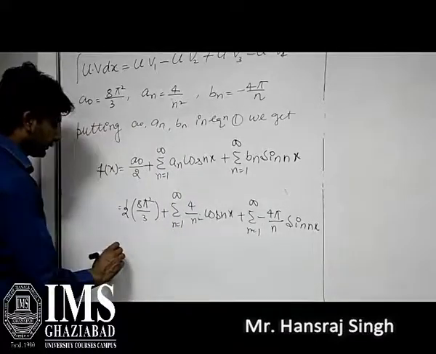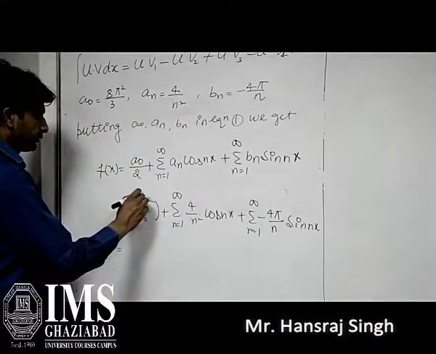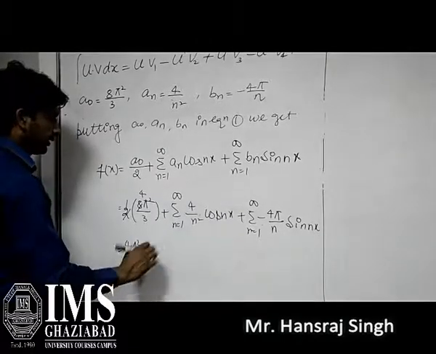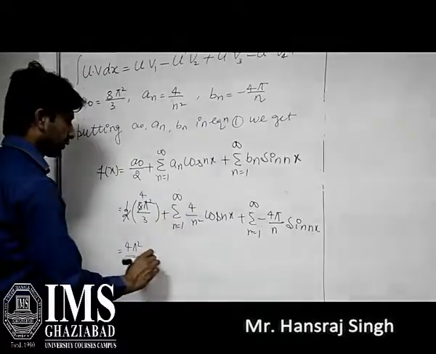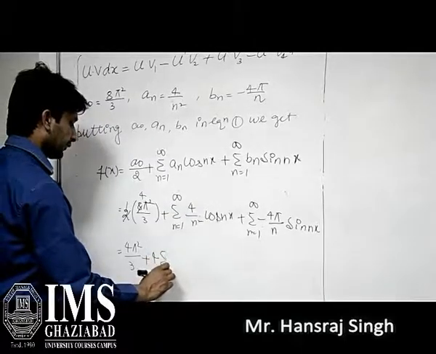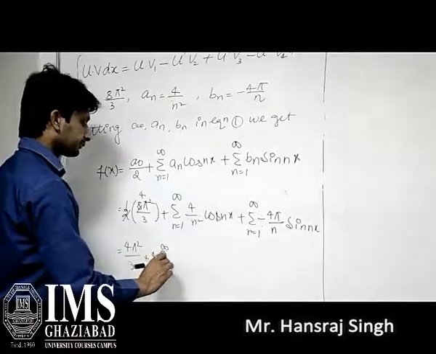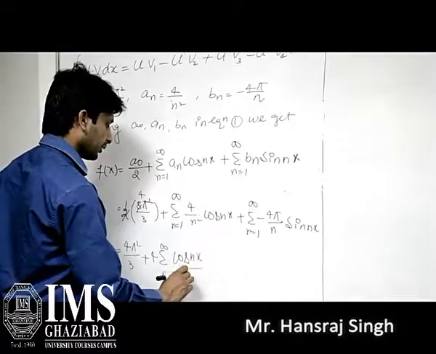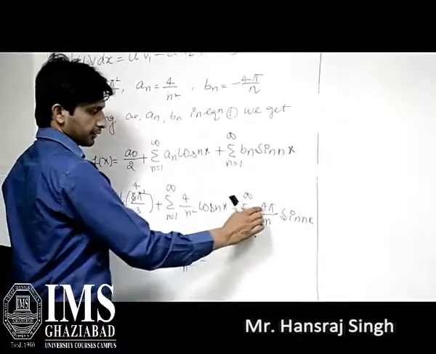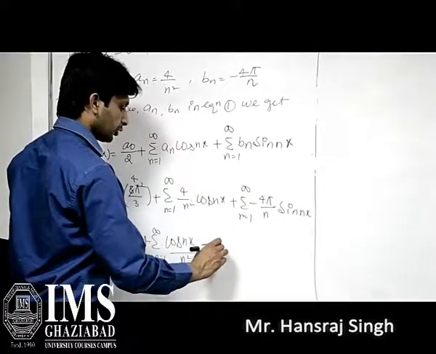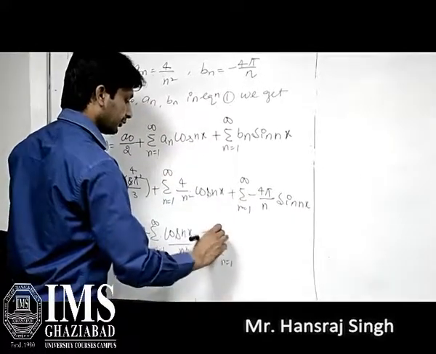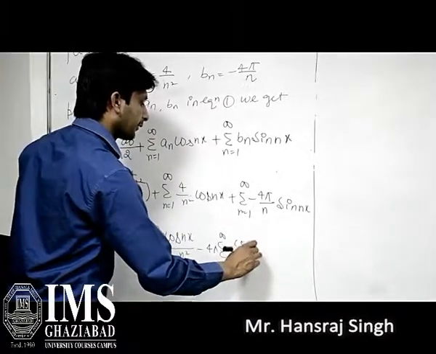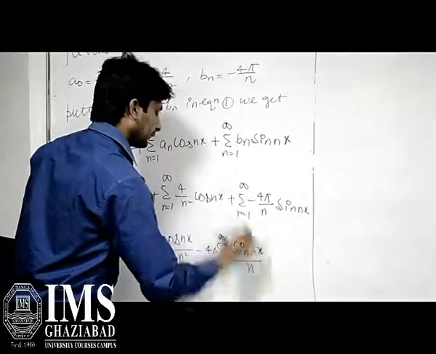It also implies 2 into 4 over 8, so it is 4 pi square upon 3. This is a constant, so we can take 4 common, summation of n equals 1 to infinity, and the rest is cos nx upon n square. Here the constant is 4 pi, we take it common, summation n equals 1 to infinity, and the rest is sin nx upon n. So this is the required